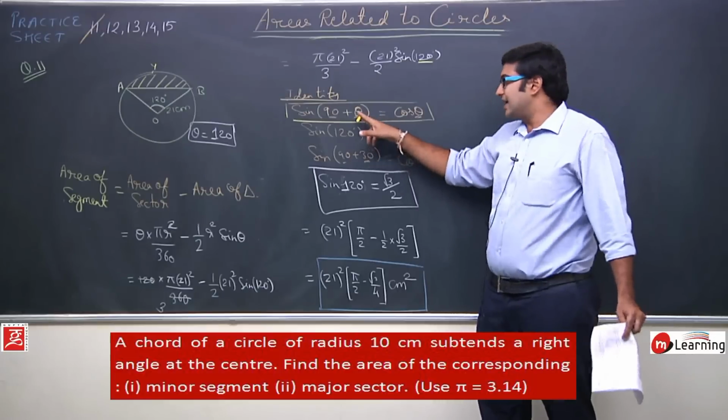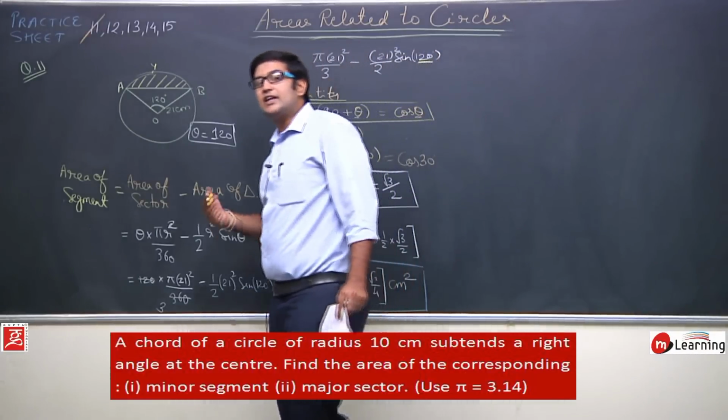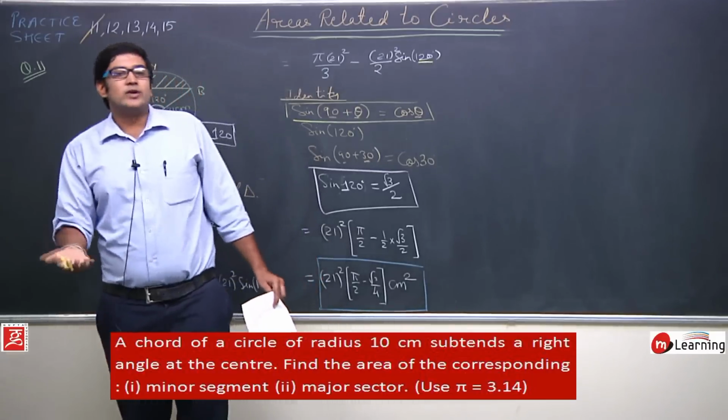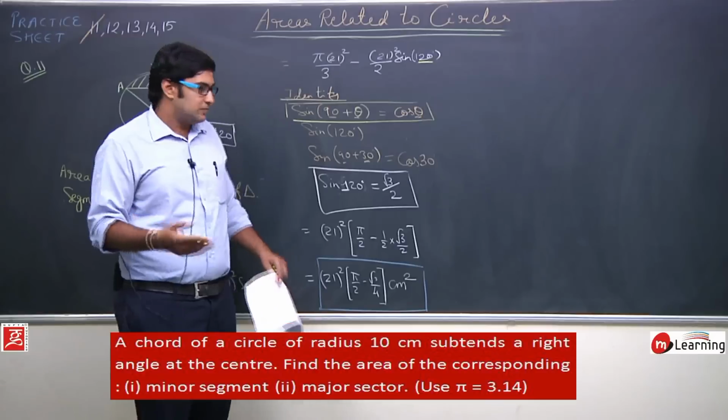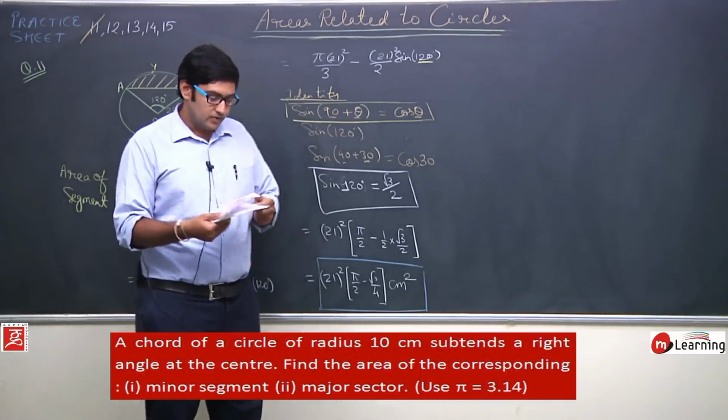From this identity I can even calculate the values of sine of angle 150 degree or sine of angle 225 degree and all these values. Okay, so remember this identity. This is an important identity. Now